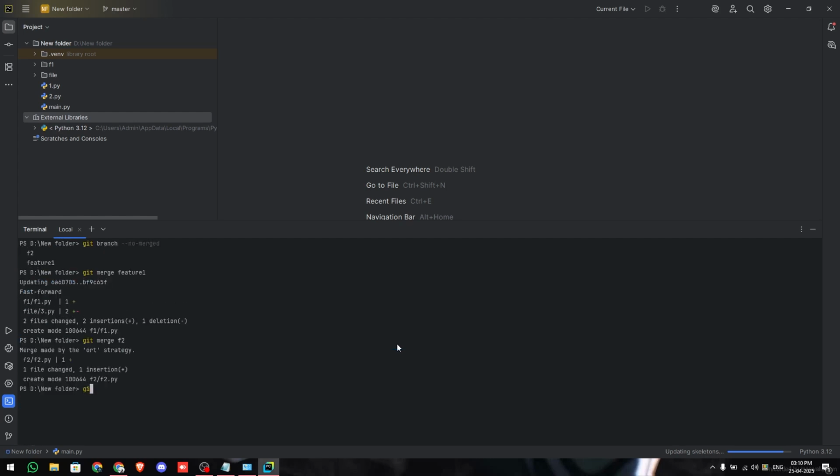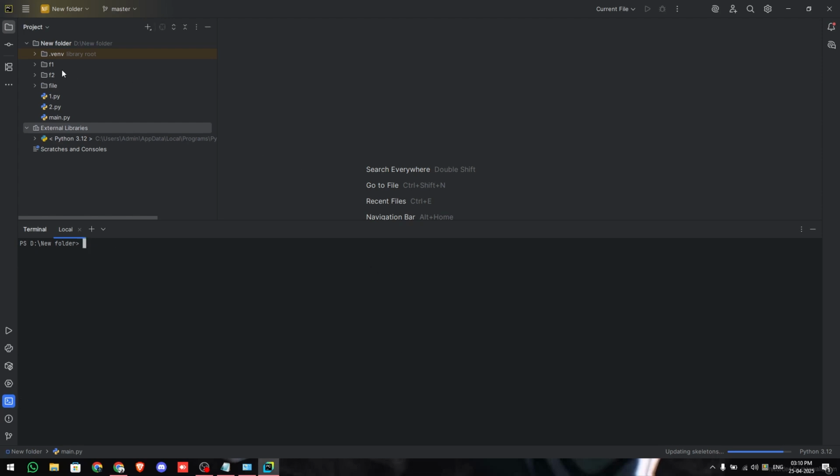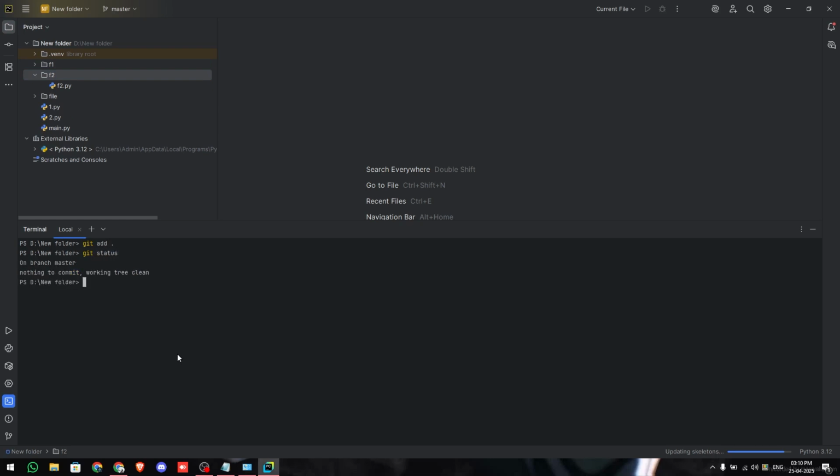Okay, git merge f2. Now all the branches are here, as you can see, f1 and f2. Now you can simply do git add dot, and git status to check. Then git commit -m